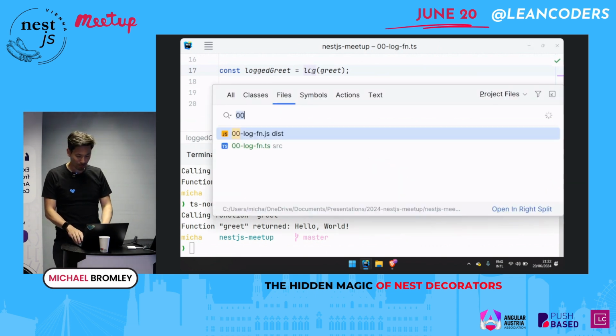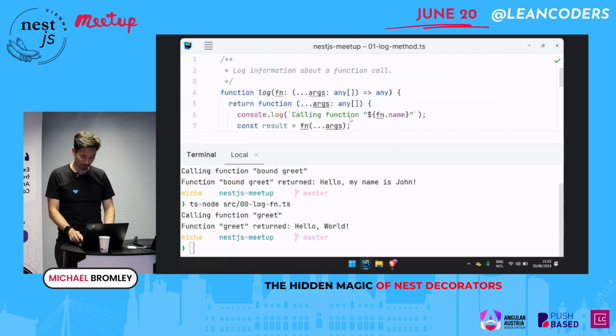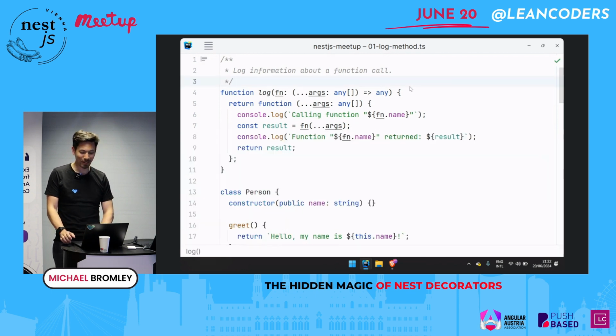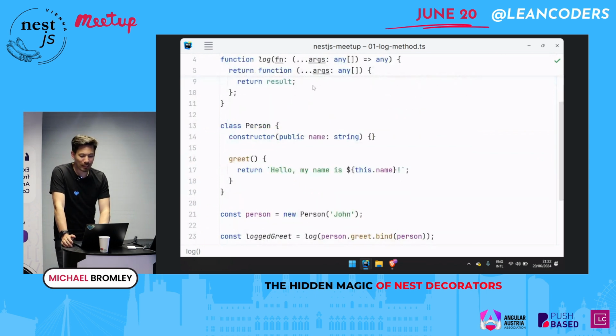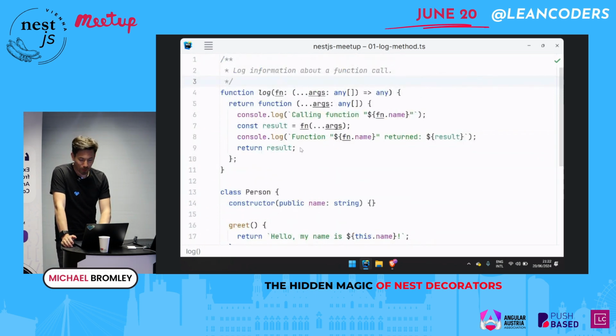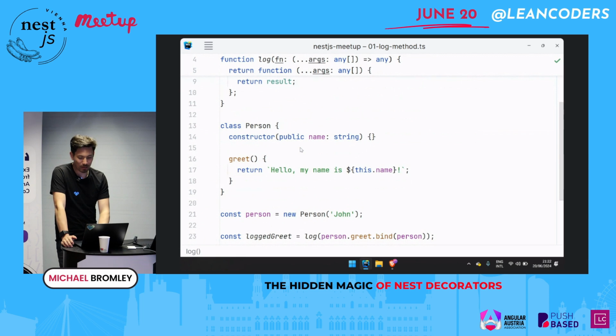I'll show you. I've got an example. Let's take a look at this. Why is this not closing? Oh, there we go. So here we've got the exact same log function. No change. Here we've got a class, person. They can do a greet. I've given the game away here because I didn't change my code, but